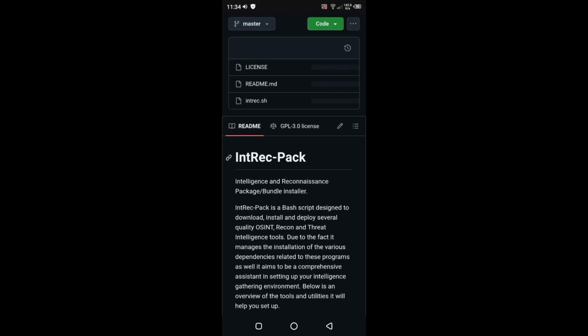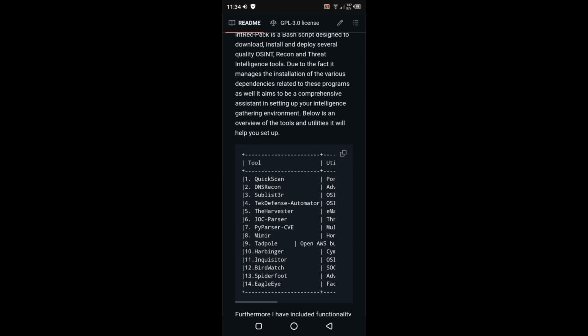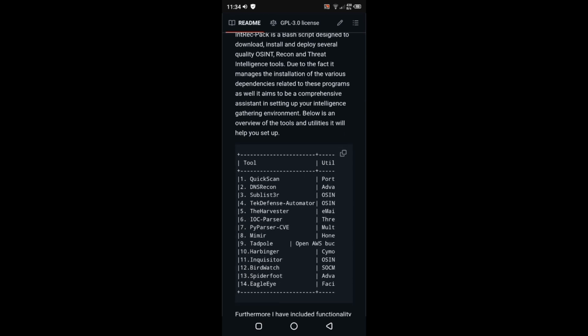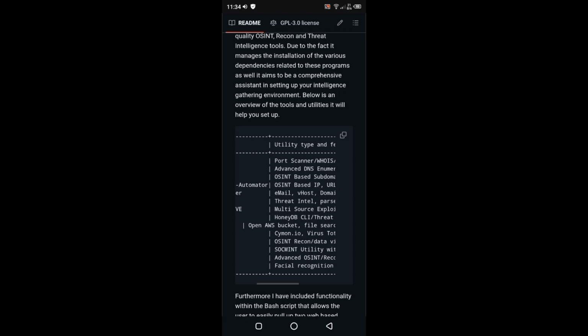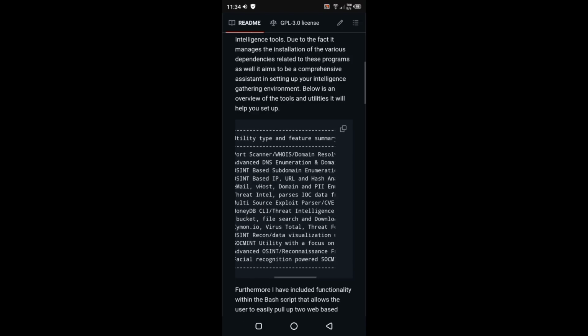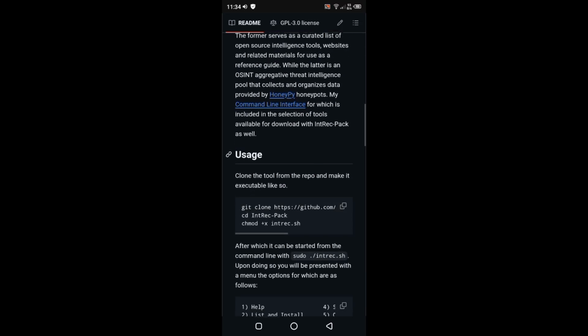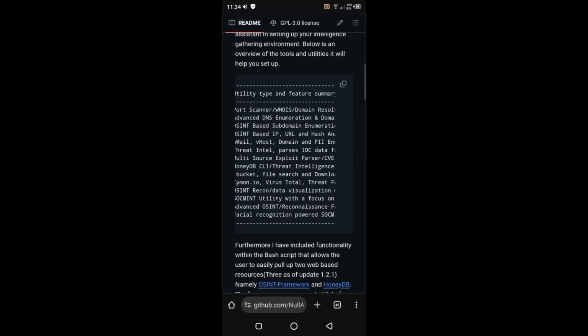IntRec-Pack is a bash script designed to download, install, and deploy several quality OSINT tools. It includes Quick Scan, DNS Recon, Tick Defense, Automated Harvester, IOC, PyMimer, Harbigger, and a SpiderFoot eagle utility. You can see what these tools do and how to install them, and then after installing, the tool is named